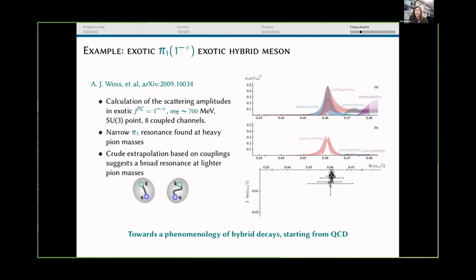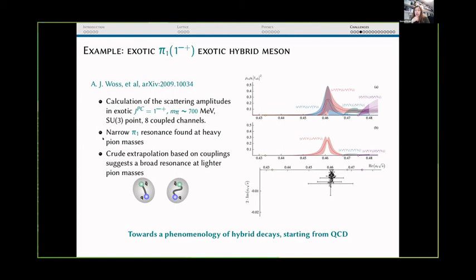And here's a very recent first attempt at that. This is the exotic 1-+ π1 hybrid meson in a coupled-channel analysis at rather unphysical parameters, so at the SU(3) point. But this is nevertheless the first demonstration of this sort of resonance physics from a lattice calculation for manifestly exotic quantum numbers. They find that the π1 is a narrow resonance at these rather heavy